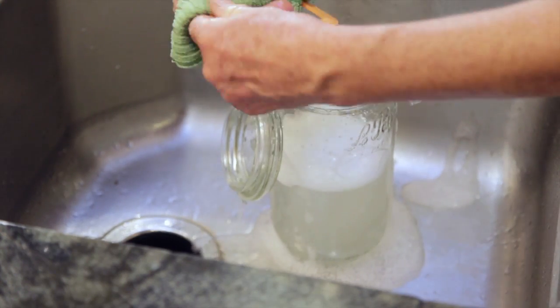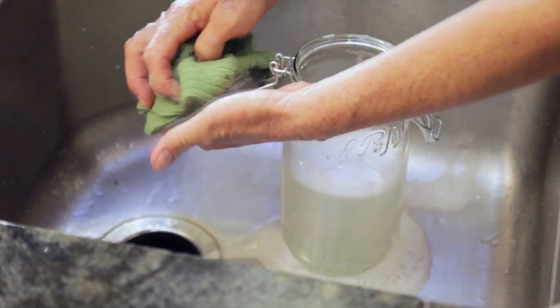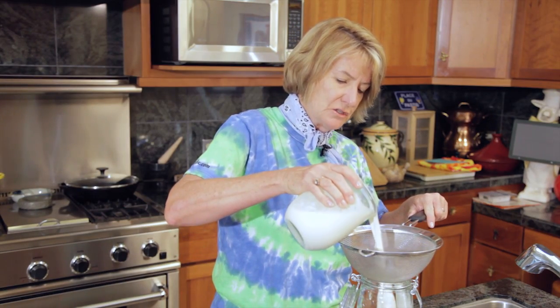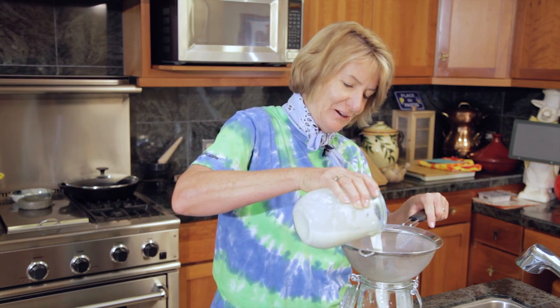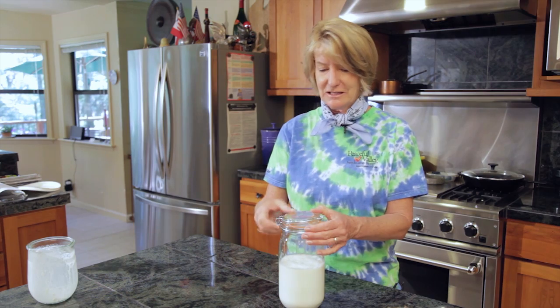My kefir's ready. It smells clean and a little bit sour. Remember, if it smells off, throw it out. Now I'm going to bottle the kefir. Canning jars, or these jars with wire bales and lids, are great for storing the kefir. We're going to strain out the grains, and then we can store the finished kefir in the refrigerator. You can flavor it with fruit, or you can strain it to make kefir cheese, or you can drink it